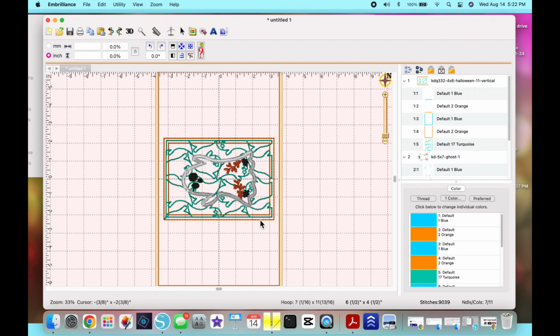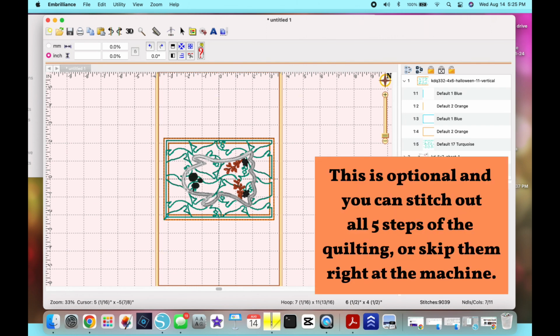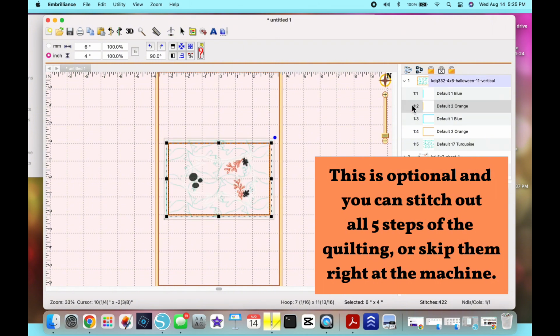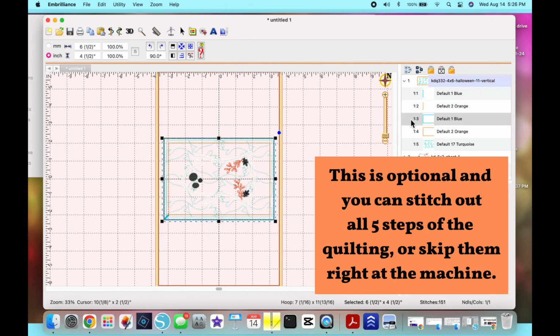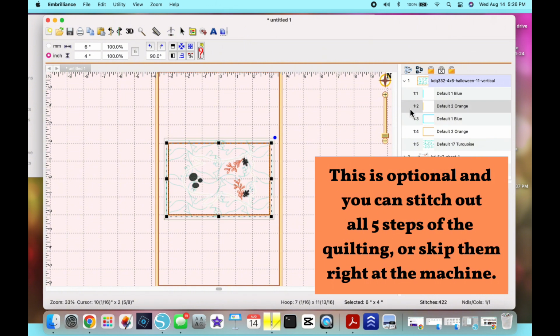And when I stitch this out, I will move it to the top of the hoop as I've done before to save on stabilizer. The other change I'm going to make is to delete the steps that I don't need. I usually will bypass the tack down of the batting because my batting will be cut to size, and I will bypass the placement for the fabric because our fabric is much larger and we don't need this step. So I will select the second step, hold down my shift key and select the third step and hit delete